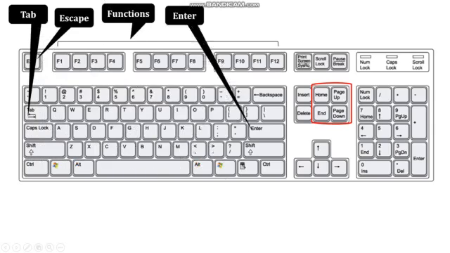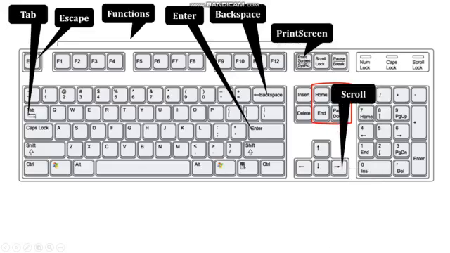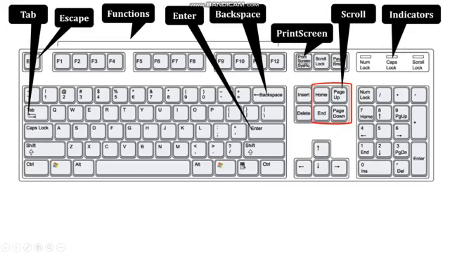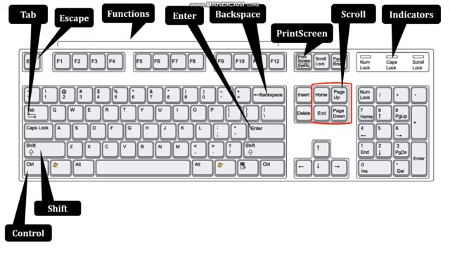Now here in this slide we are reading about different buttons that are present on your computer keyboard. Now see, this button is tab, this is the escape button, and these are the function keys, from F1 to F12. This is the enter key, this is backspace, print screen.